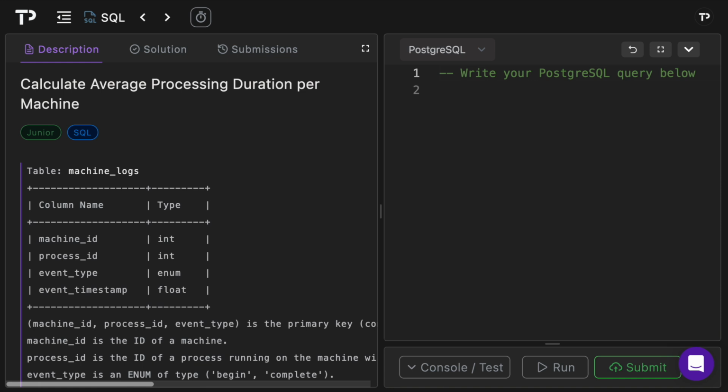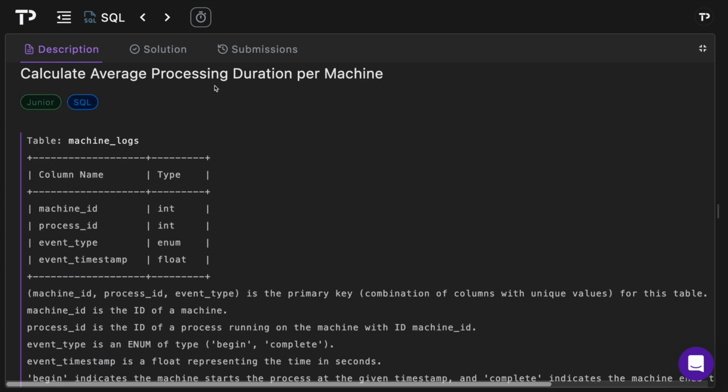In this video, we are going to walk through a coding solution to the classic calculate average processing duration per machine SQL technical interview question. So let's jump in. In this question, we are given a machine logs table, which is a table with